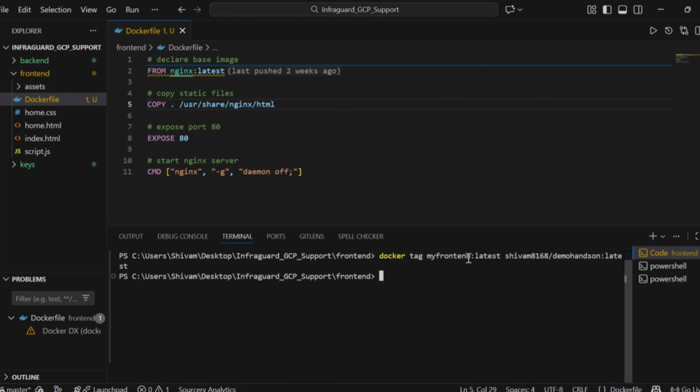So basically this command was telling Docker that I need to push my front end image to this repository. This was the purpose of this command. And now as we have told where to push that image, now we are ready to push. Docker push